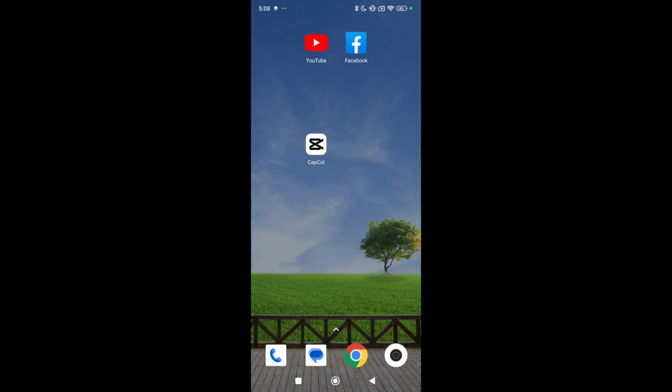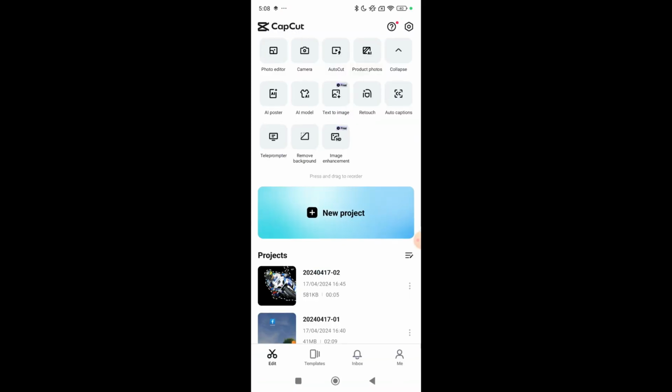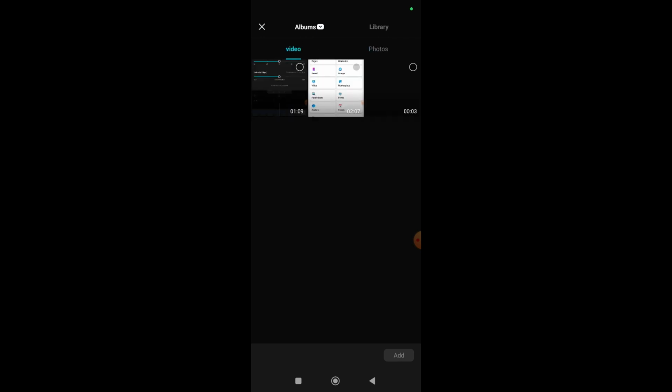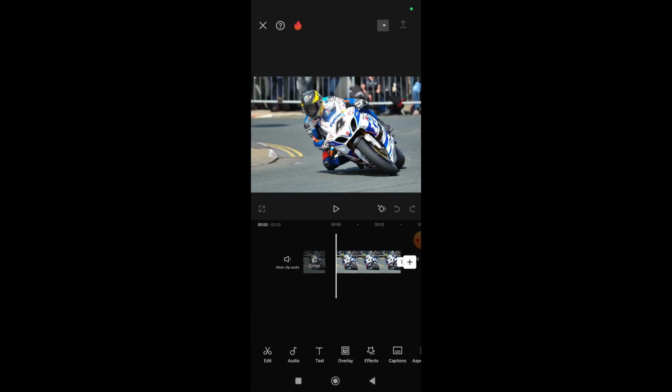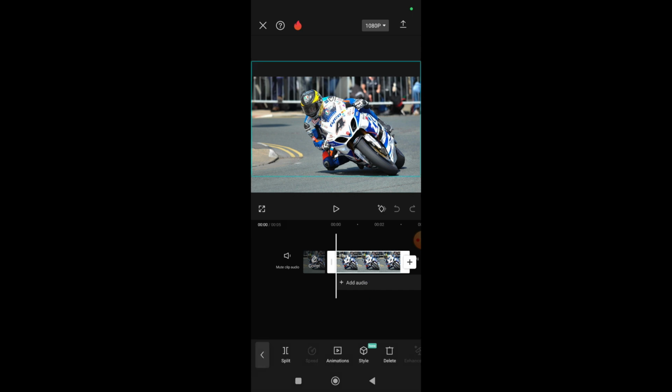First of all, I just open my CapCut application and click on new project. Here, if you see, video is selected. You just need to select photo and then select add, and then you just need to select your photo like that, and then on the bottom you can find a lot